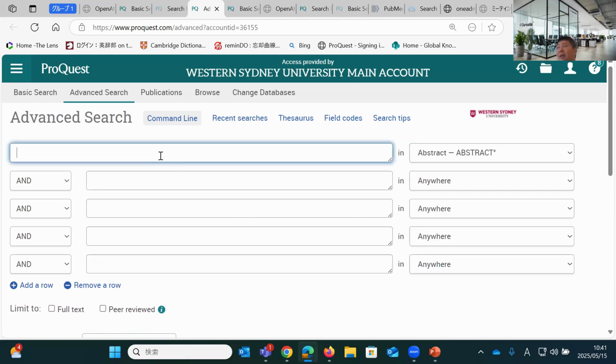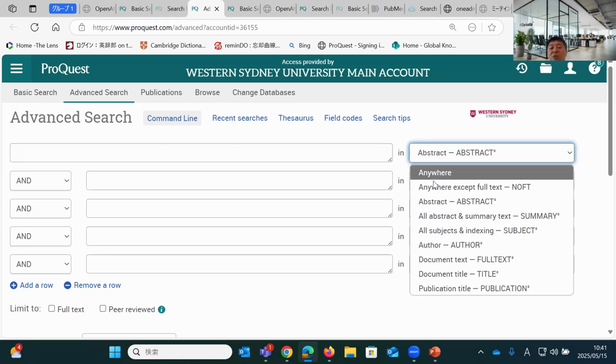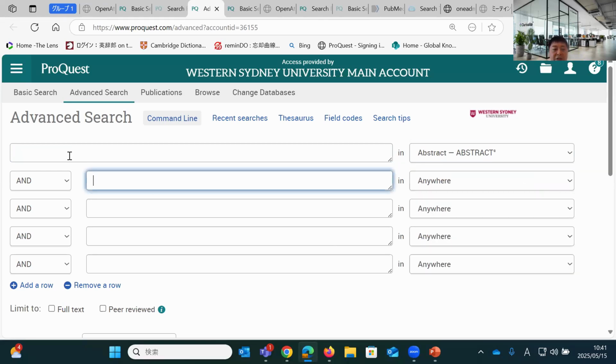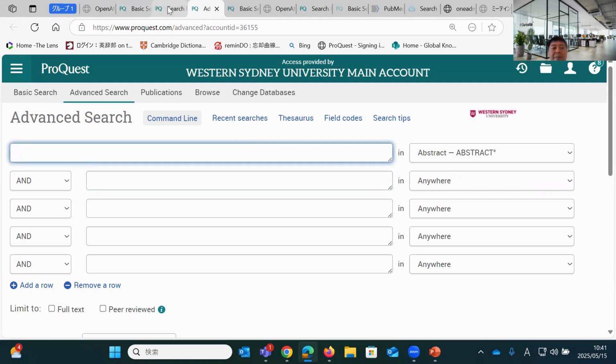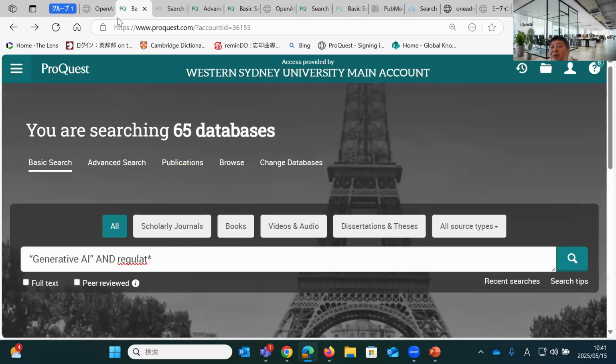And you see, if you use AI tools, you may not be able to be as specific as this, right? It does semantic search. They try to understand the intentions of what you're trying to do, and they build a pretty sophisticated search strategy on your behalf. But if you really want to be precise, I want to see this word in the abstract section or in the keyword section, you just want to do this kind of thing. I'm typing in prompt, right?